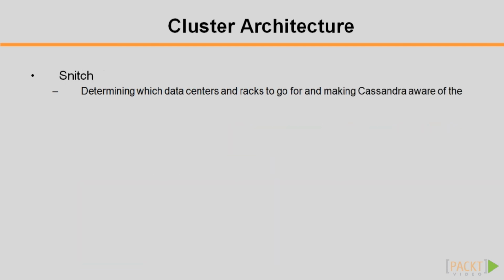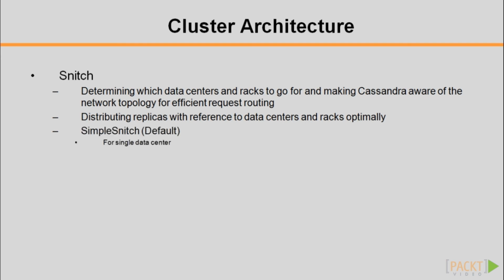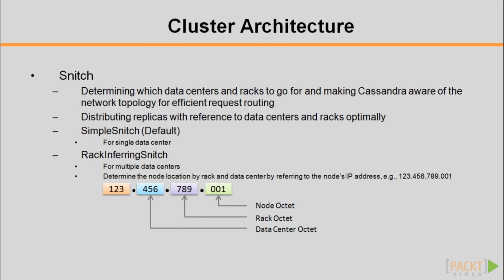Finally, snitch. A snitch determines which data centers and racks to go for, making Cassandra aware of the network topology for routing requests efficiently. It also affects how replicas can be distributed, in consideration of the physical setting of data centers and racks. Simple snitch is for a cluster in a single data center. Rack inferring snitch is for multiple data centers. Node location is determined by rack and data center, with reference to the node's IP address as shown in the